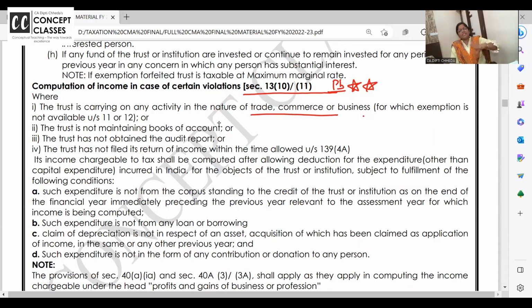See, first of all, trusts are formed for object of trust in which maximum is service motive, relief of poor, medical help, maintenance of monuments or preservation of forest. These are all service. If they are doing trade, commerce, and business of that nature which does not come in exemption, then they have violated and their income will be computed in a different way.